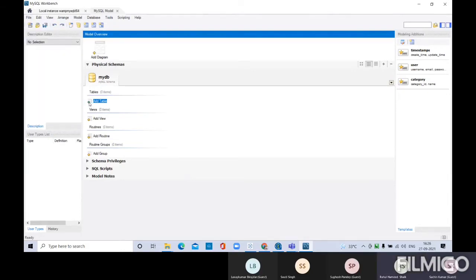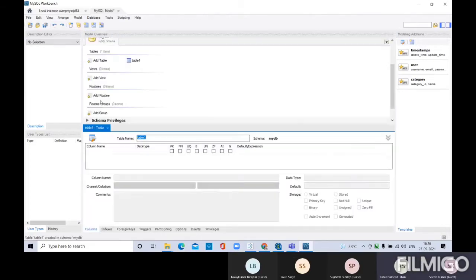Are you able to enter anything there? Yes. Create the table, give the table name, and also create two or three column names.